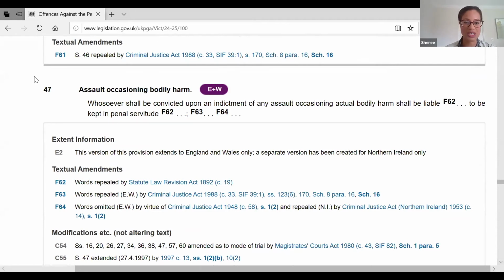Now, one of the things you'll see is that the lower the number, the more grievous or more severe the offence. So section 47 refers to assault occasioning actual bodily harm. And that will include things like minor fractures, bruising, wounds, and it's then up to the courts to use the language within the legislation to decide on the severity of the offence. So if we now move to section 20,